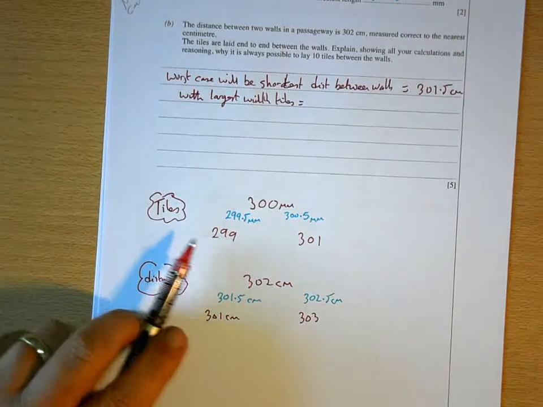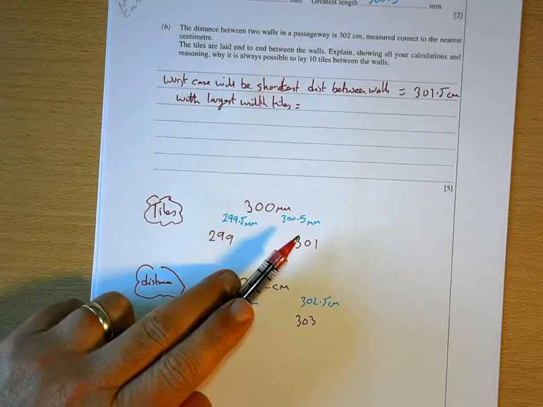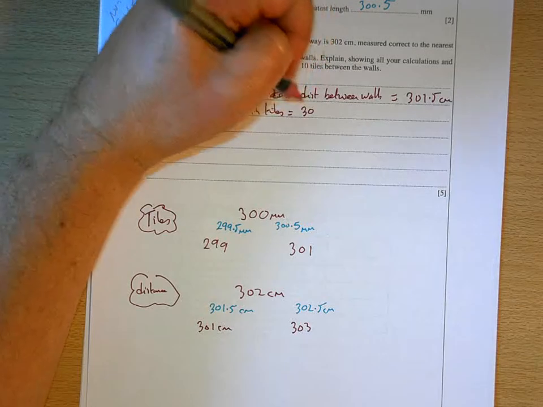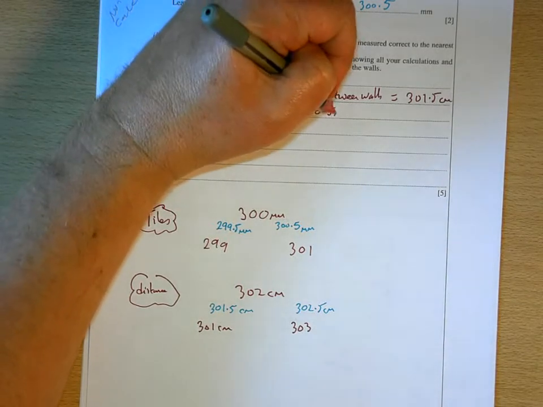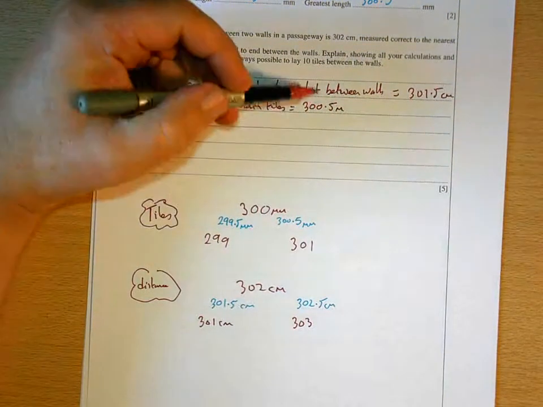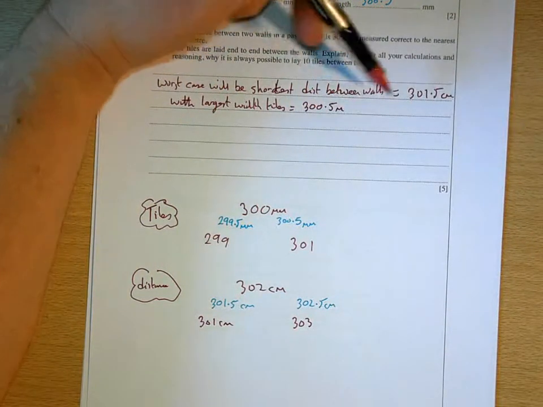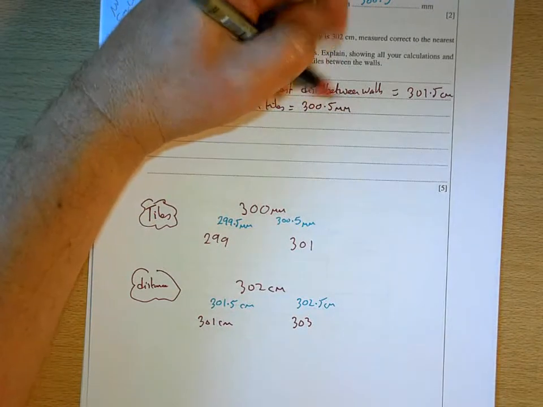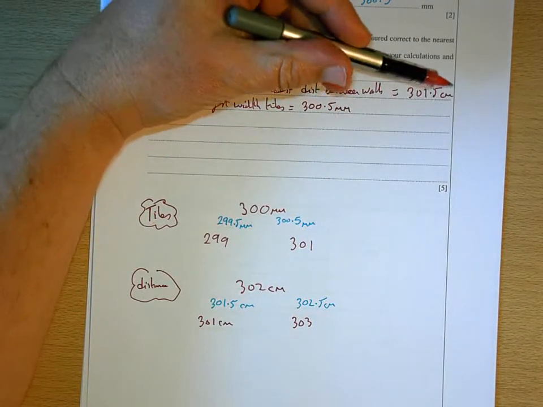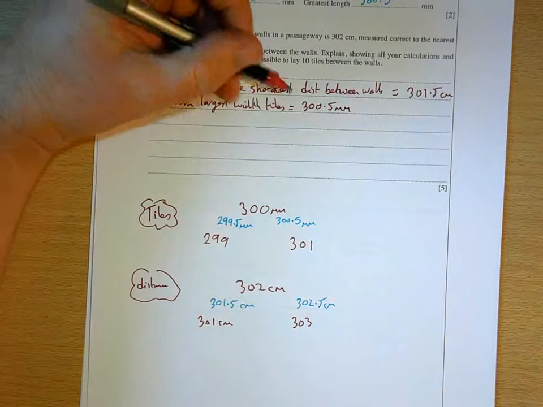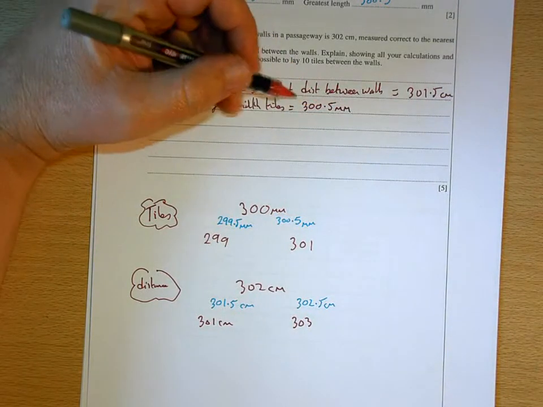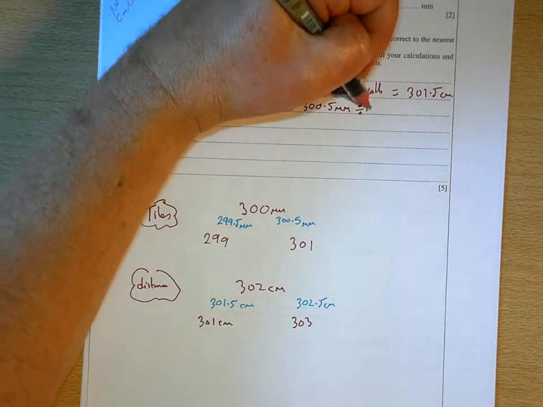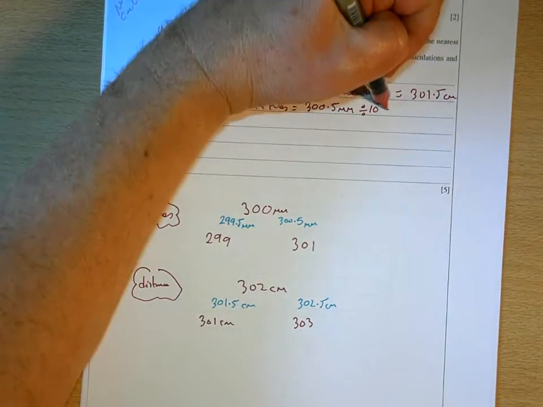Okay, and the largest width tiles are 300.5 millimeters. Now, I can't compare those as they stand because this has got the units millimeters and this has got the units centimeters. So in order to change millimeters into centimeters, I have to divide by 10, and you need to know that. Okay, so if I divide that by 10, then that becomes